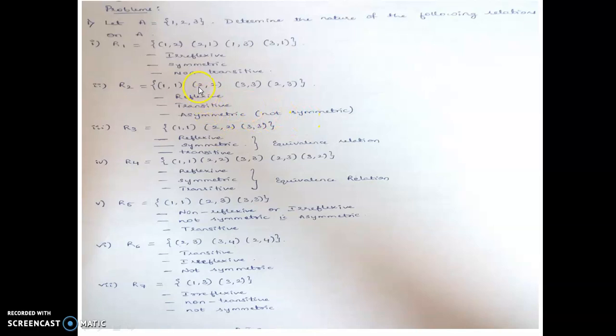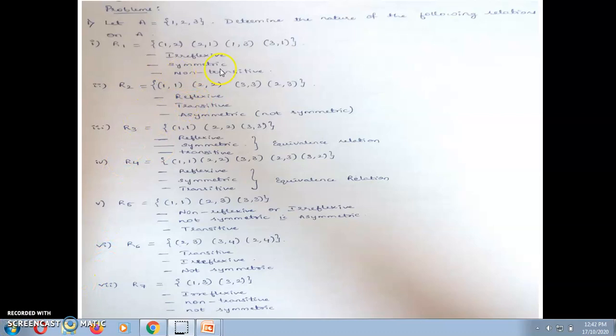Transitive property: there is a relation (2,3), next (3,3), and (3,3) is not there, so it doesn't hold the transitive property. So in this case we have noted down, or we have written here, yes. In the second example, if you see the transitive, we have (2,2), (2,3), and the end one is (2,3). So that is present over here.